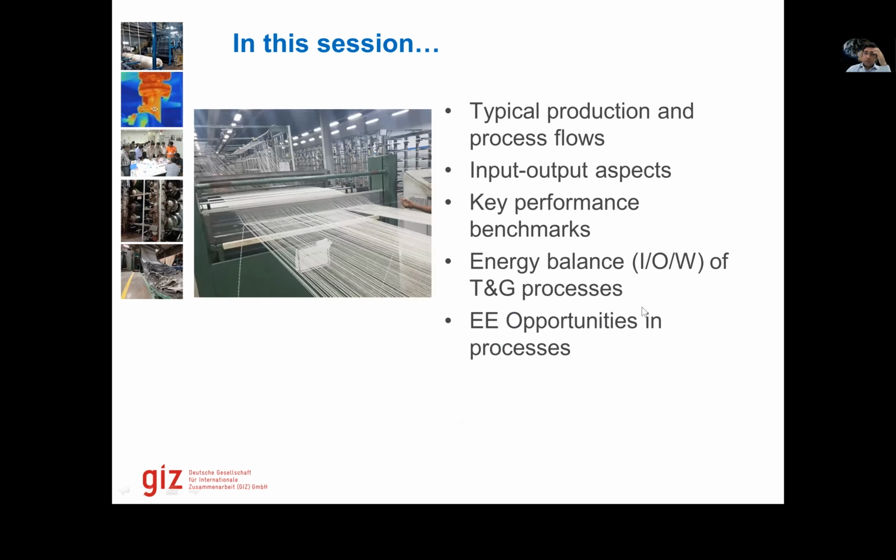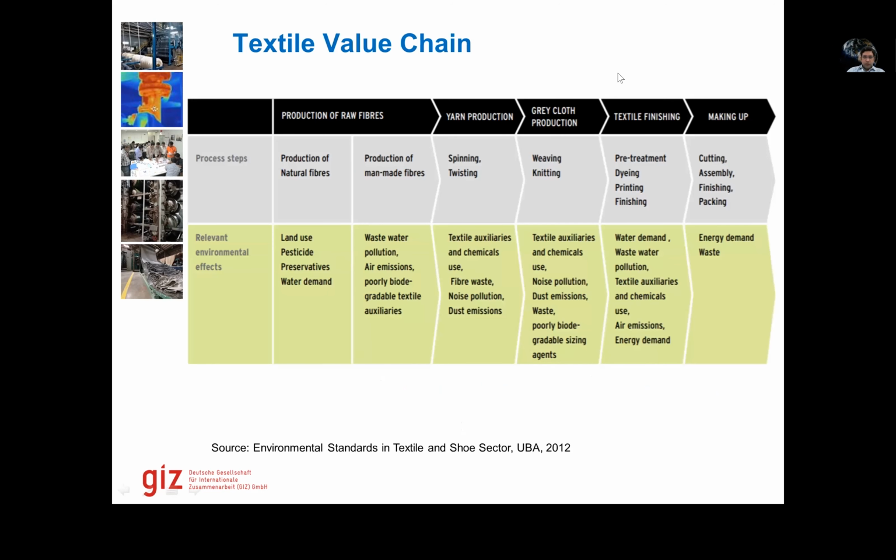So what we'll do today is that we'll discuss typical production and process flows, input-output aspects, performance benchmarks, energy consumptions, and energy performance and efficiency opportunities. This is the textile value chain, where the process steps start with production of fibers. Natural fibers are produced using land. So there are, for example, cotton crops, and then we have pesticides, preservatives, water demand, and obviously we need a lot